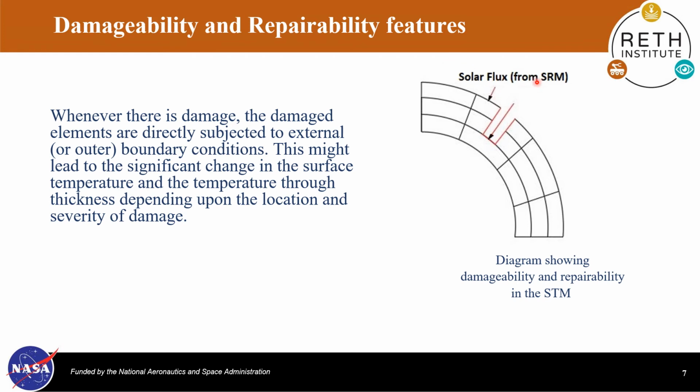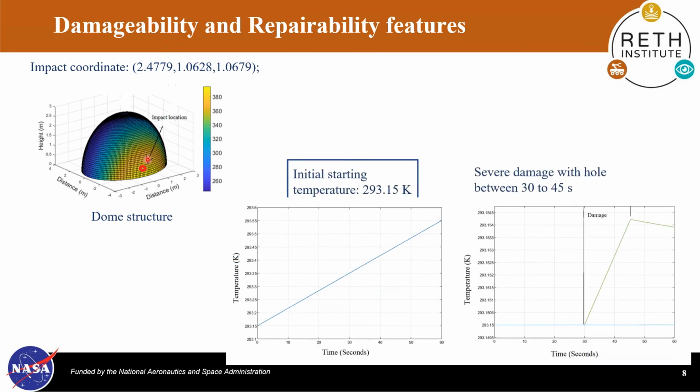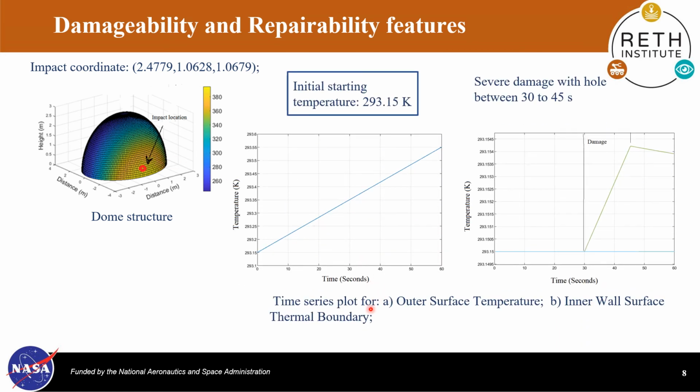So, during the undamaged scenario, the solar flux hits the outer surface elements directly. Whenever there is a damage as shown here, the solar flux is subjected to the damaged portion of the element. In this example, the impact is considered to occur at the element near to the base, facing the east, such that the sun rays hits that part directly during the sunrise time, which raises the surface temperature as shown in